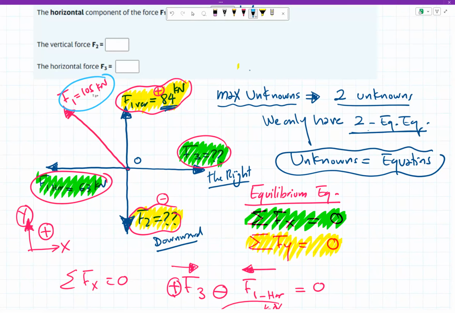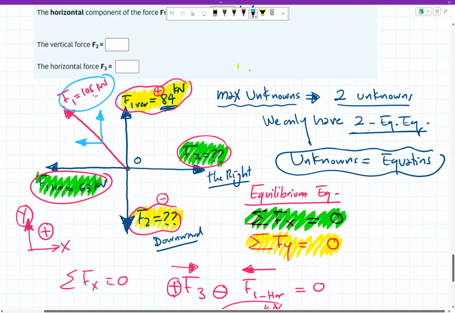Yes, that's right. So if we have this force, this is our actual force. So the component of this force will be these two, right? So to make this point under equilibrium, F3 should be in this direction and F2 in this direction, right? So to make it work, if you want to make it